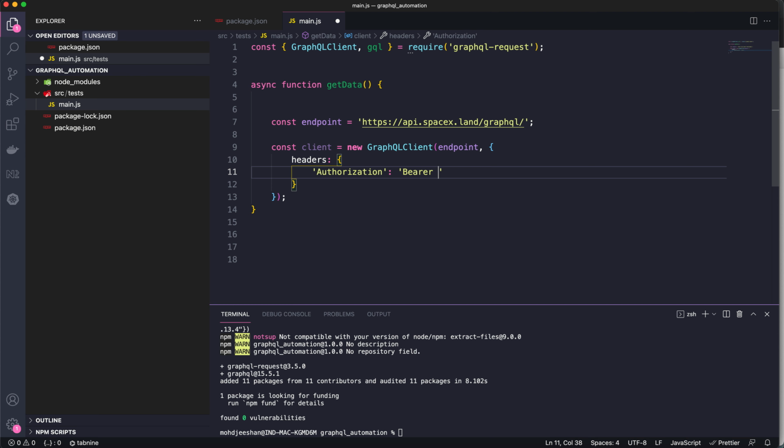So there is a way we can pass the headers to the GraphQL client constructor in this way, right? But now suppose there might be cases where headers might vary, right? So there is another approach of doing that. Instead of passing it here, what we can do,